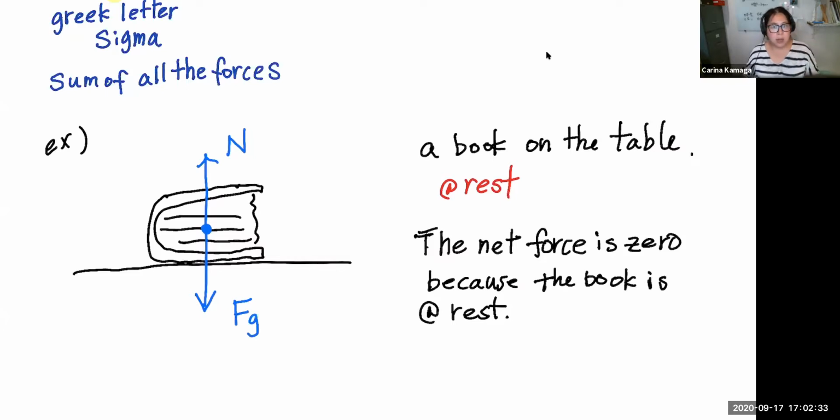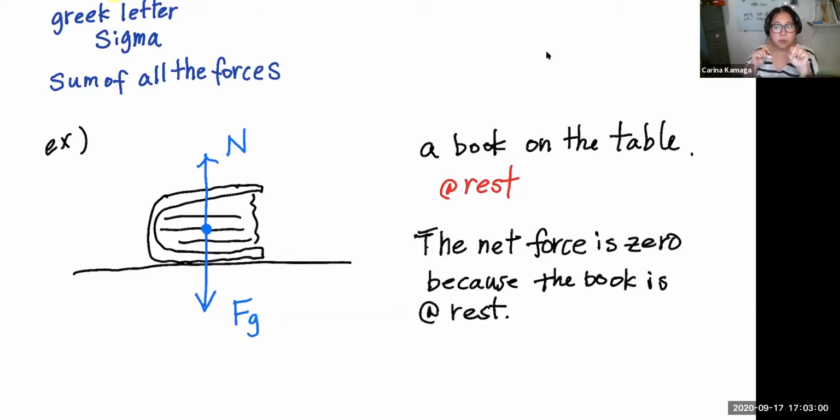Because, are there any other forces exerted on this book now? This book is at rest on the table. No, there's no other force. So these are the two forces exerted on the book. And you see that forces are vectors, right? Force is a vector. So therefore,